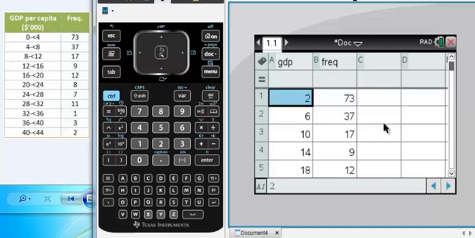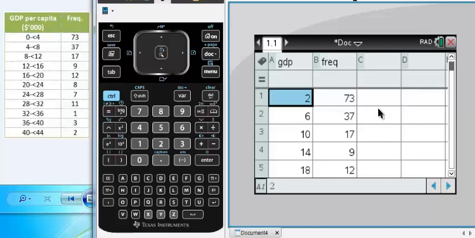Now we will see how we can analyze the spread of the data. That means we will calculate the minimum value, maximum value, first lower quartile, upper quartile, and median, and also we will calculate the mean and standard deviation.